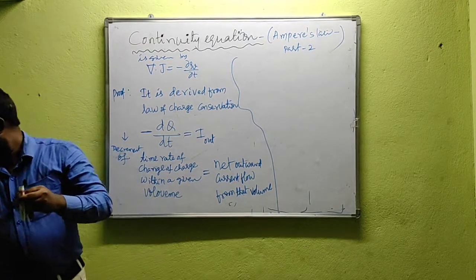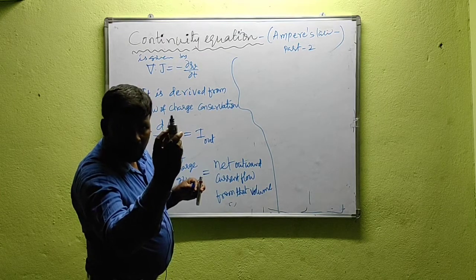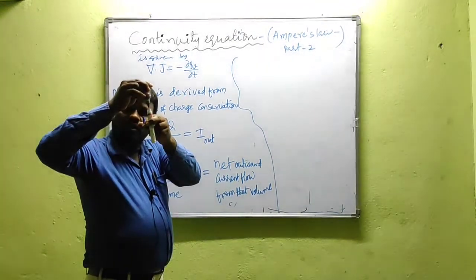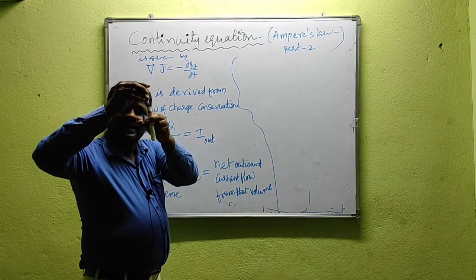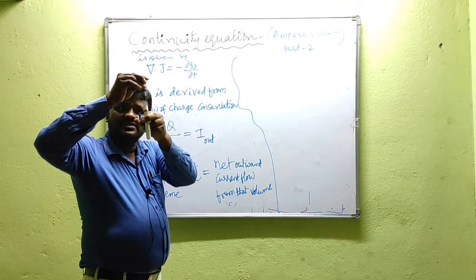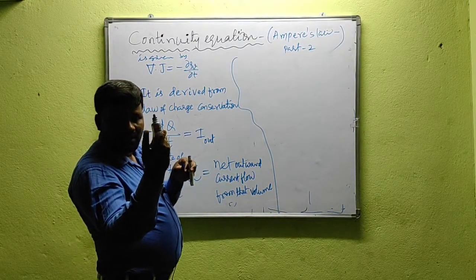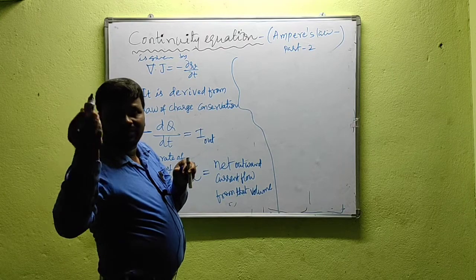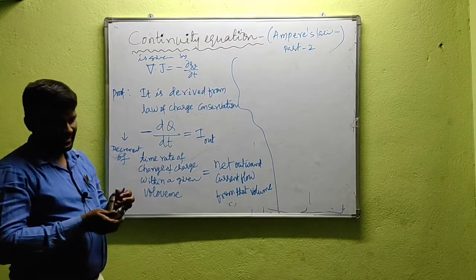So the decrement in the ink quantity in this bottle leads to a net outward flow of ink from the bottle, meaning a net outward flow of charge, since we compared ink with charge. So the decrement of ink in this bottle with respect to time leads to flow of that ink, that means flow of charge. Flow of charge is nothing but our current, or else we know that I equal to dq by dt.